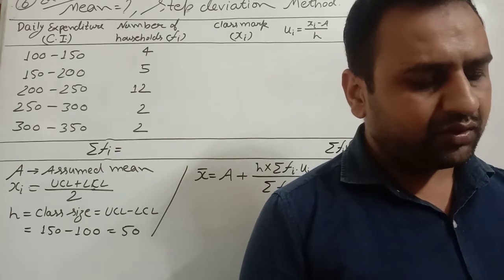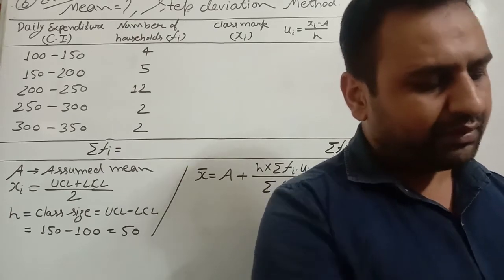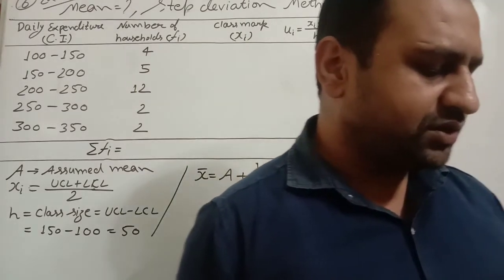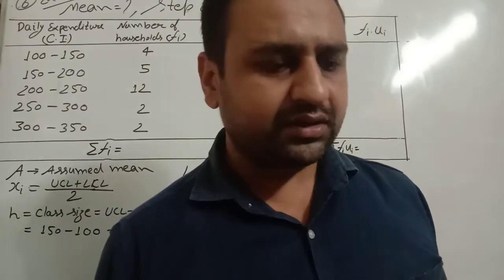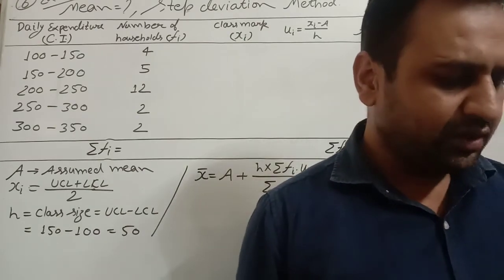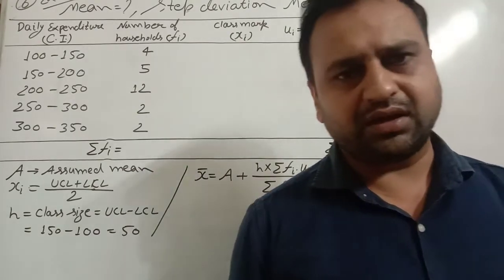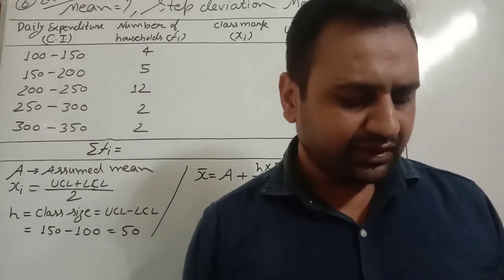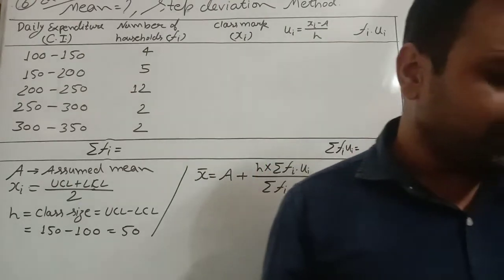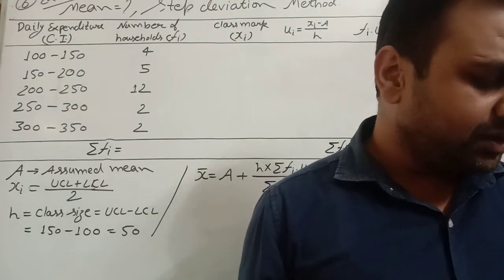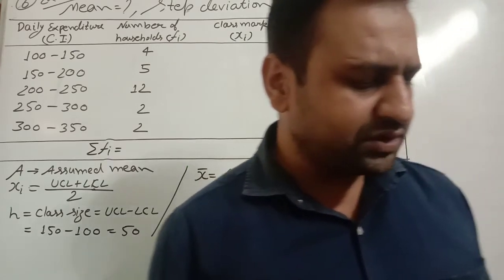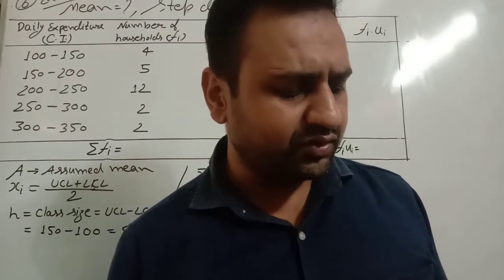यानी कि एक लोकेलिटी में 25 हाउस होल्ड्स हैं, मतलब मकान है, जिनमें डेली का एक्सपेंडिचर दे रखा है. Find the mean daily expenditure on food by a suitable method. Depends on you, because in this question numbers are very large, so we use step deviation method. वैसे we can also use assumed mean method, but to revise the third method we use step deviation method. According to the table, there are 4 houses in which daily expenditure is 100 to 150. 5 houses are there in which daily expenditure is 150 to 200, and so on.